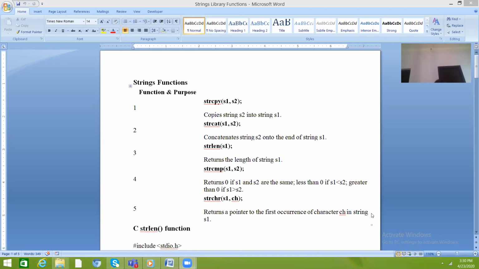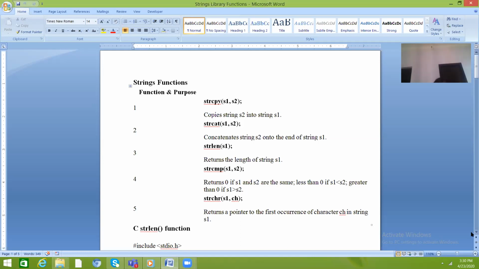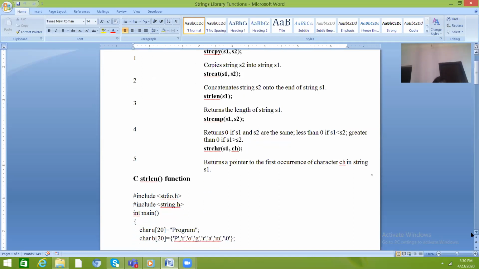Now here is one function, the strlen function.